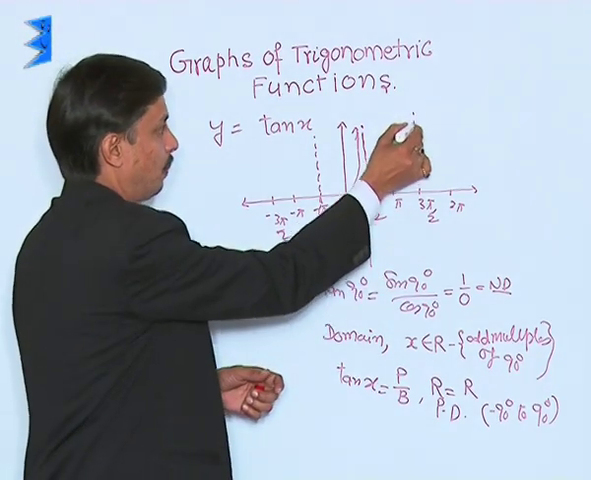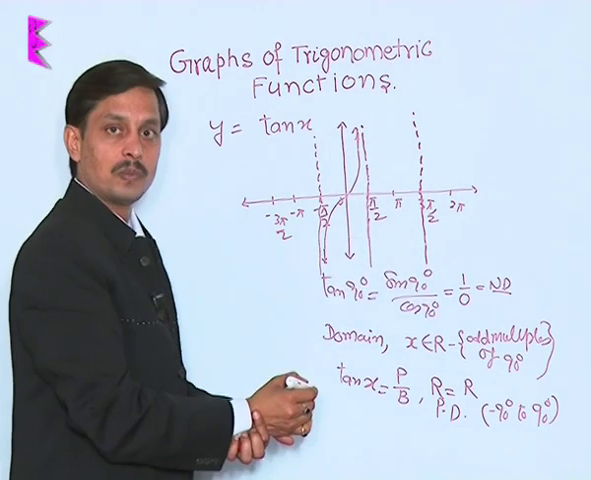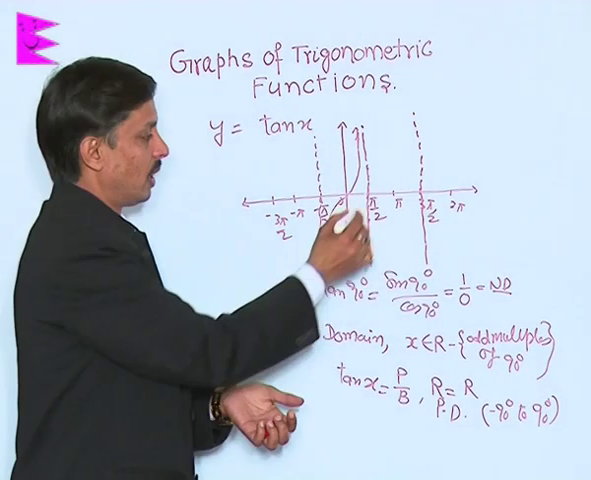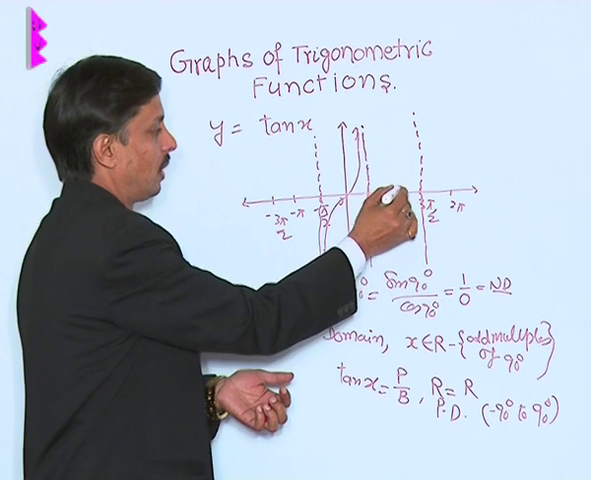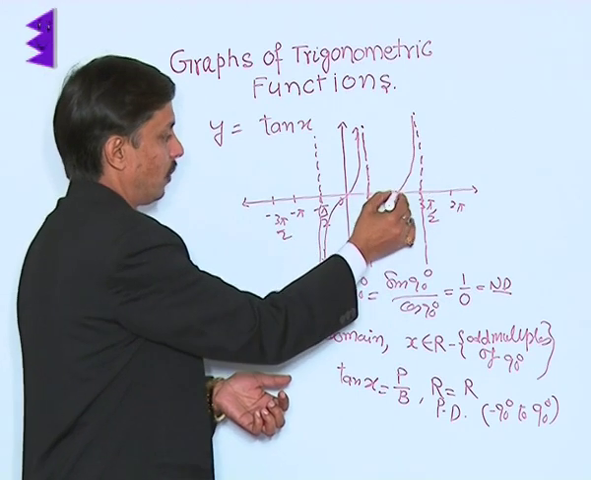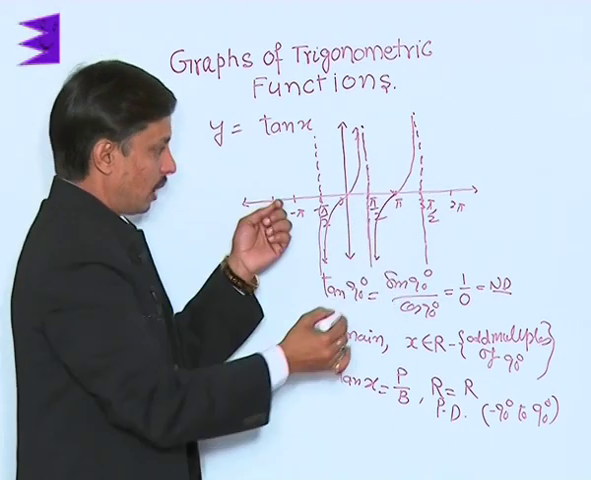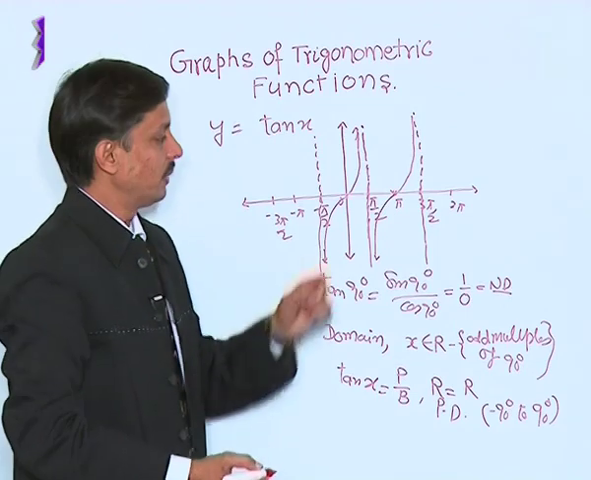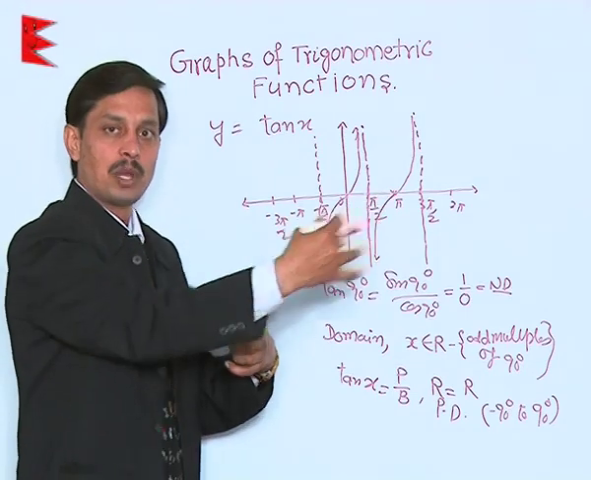For the second loop, we can draw a line parallel at the next odd multiple of pi by 2, and tan pi is 0, and if we go like this and we come like this, one thing you can remember, as and when we go on the positive side,